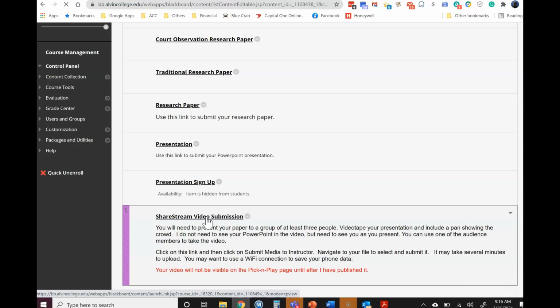And there in the upper right hand corner, I believe, it says upload files or upload video. You will click on that and select your file. You can do it by logging into Blackboard on your phone. That way you don't have to copy the file onto another computer, but whichever way is the easiest for you.